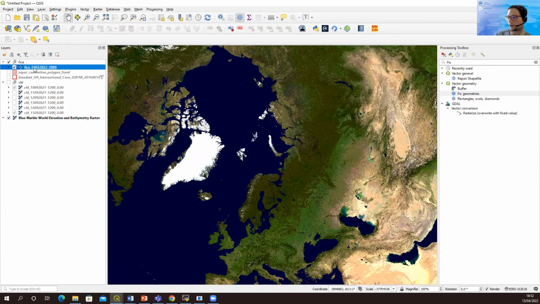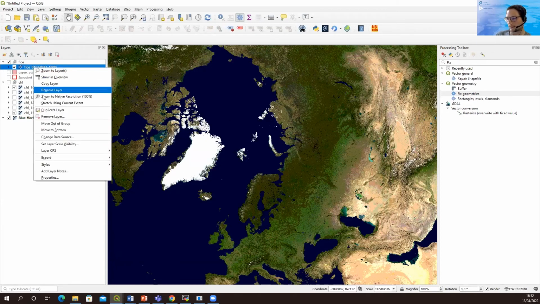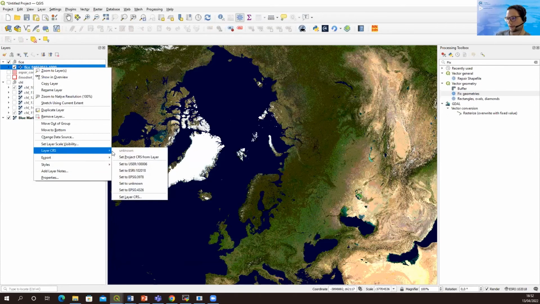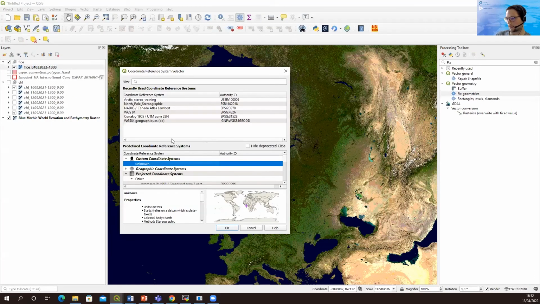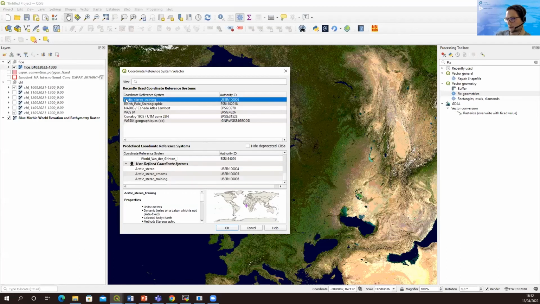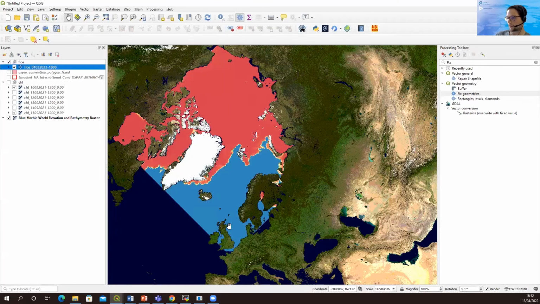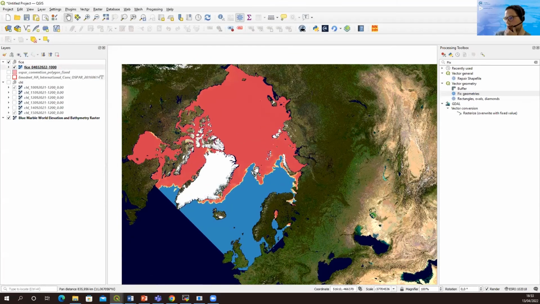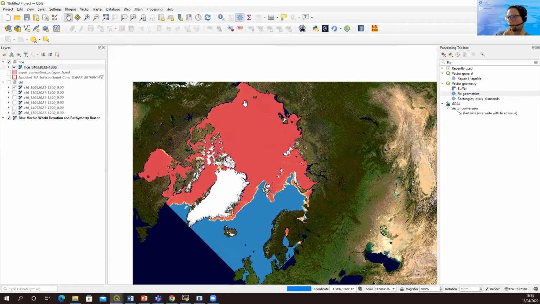And here we just need to change the CRS to display our layer on our project. So right click on it, go to layer CRS and set layer CRS. We are going to choose the CRS we manually edited at the beginning of this training. Then you can click on OK. Here you can see the sea ice fraction represented on this